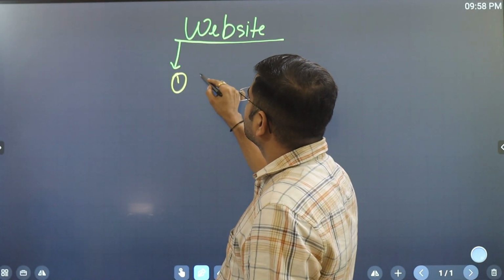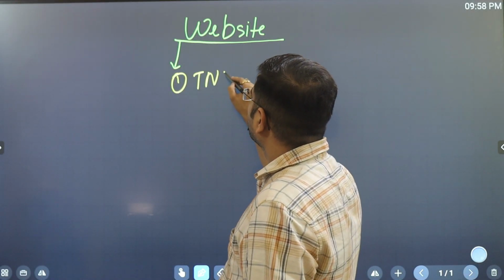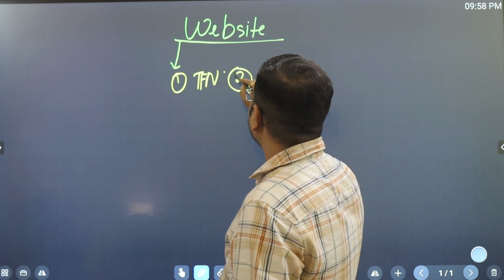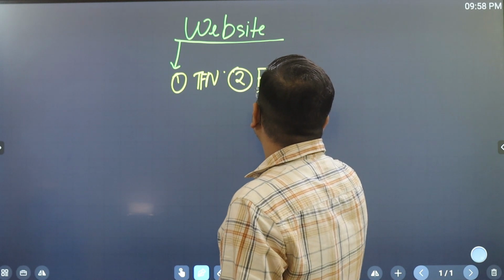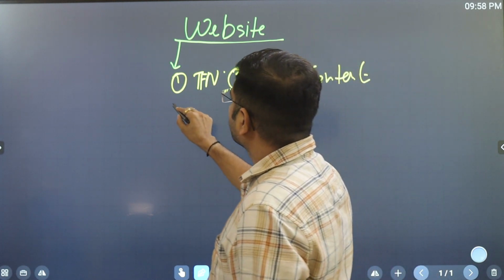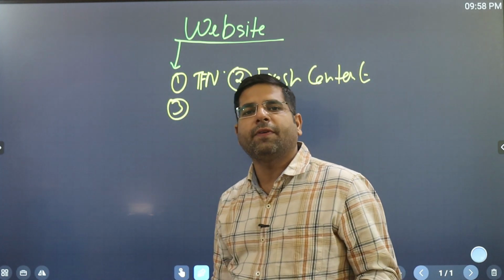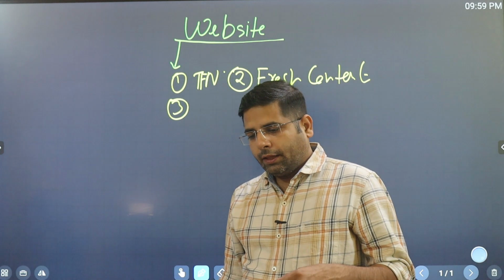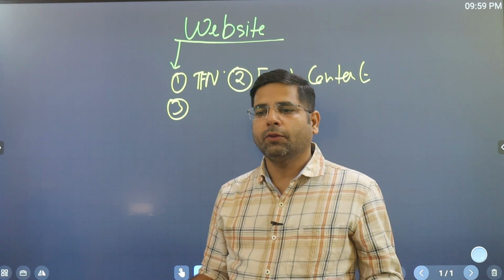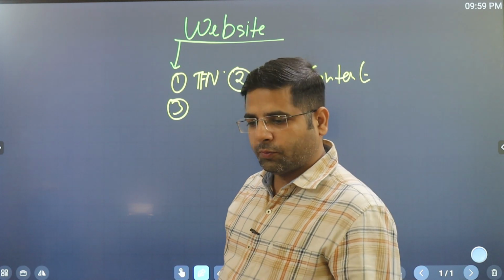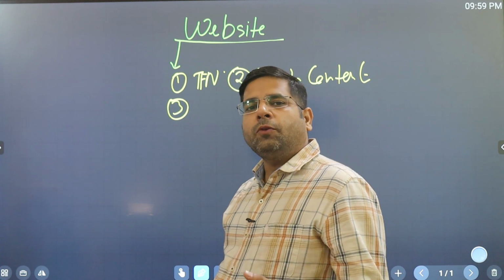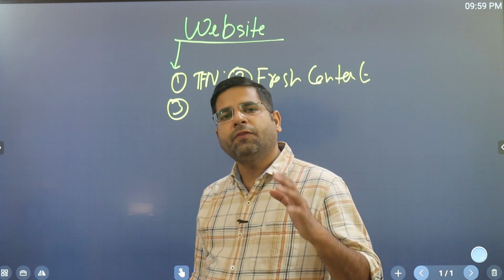First, as we discussed, fresh TFN. Secondly, fresh content. Third one, we need at least 5 pages on the website. The rest depends upon your budget. Then you are implementing an API or you are generating leads with the help of some lead forms or others. But at least if you want to run the campaign with the help of a website, then you need 5 pages.